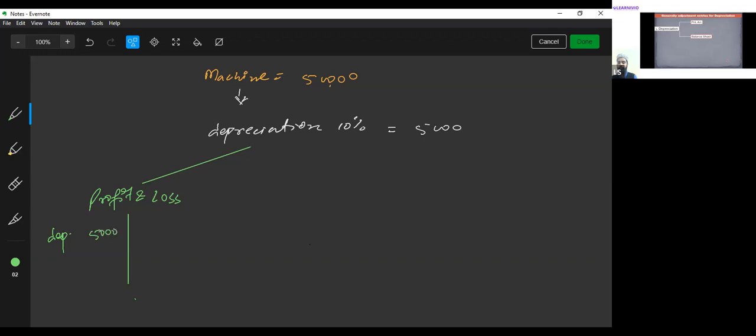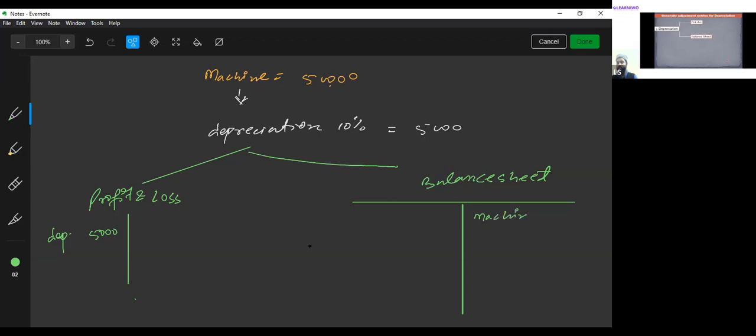And again, we will be writing it in the balance sheet, but just pay attention, try to understand how we will be recording it in the balance sheet. In the balance sheet, we will be recording the value of depreciation, but not directly. We will basically reduce the value of the machine by the amount of depreciation. So we will write down the value of the machine, because machine is an asset. We will anyways be writing the value of the machine in the balance sheet, 50,000.